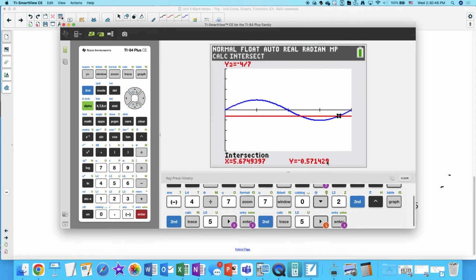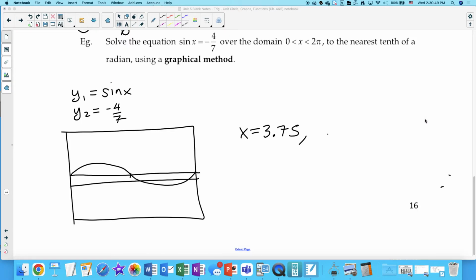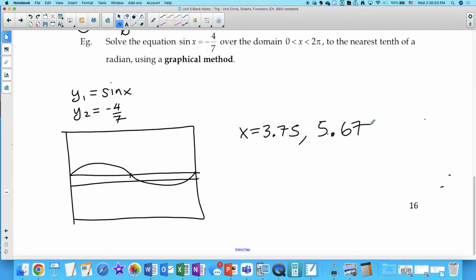Oh, it is? Okay, I think this is actually 3.7 then, because wasn't this 3.749 or something? Okay, yeah, so this is 3.7, and this one would be 5.7. Now this actually makes sense if you think about quadrants, because if you put your radians into decimal values,